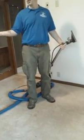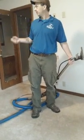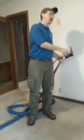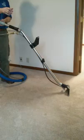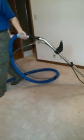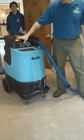Also, when you're putting clean water in there, it's very important that it is clean water. You're not using a dirty bucket with a bunch of sand in the bottom of it, because as you dump that in there, it'll go through the cycle and clog these up. So after you're done checking all of that, it's a very simple thing to operate. There's a trigger here that releases the water. As soon as you stop, it stops the water flow. For carpet extracting, you turn pump or vacuum 1 on, vacuum 2 on,